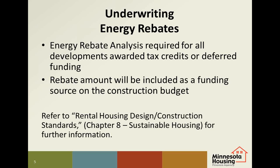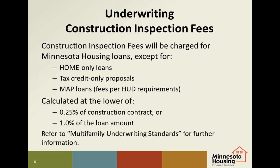It is important to note that the rebate is not basis eligible and must be deducted from basis for calculation of credits. The third change is the construction inspection fee. Up until now, this has been a fee charged only on our LMIR amortizing loans. Going forward, in an effort to more accurately reflect the time and cost of administering construction oversight, which the agency performs for all loans, this fee will now be charged for all agency loans, both amortizing and deferred,